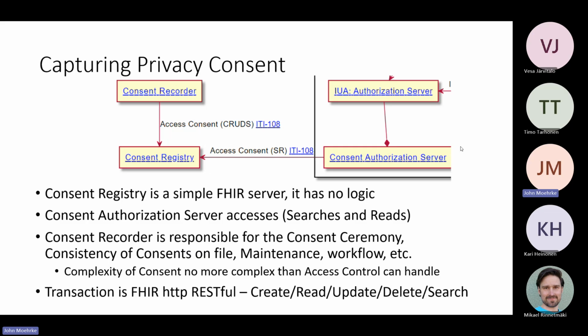We don't really get into it here. This is an interoperability spec, so we don't get into some architectural things about, well, is there one consent registry? Is there two? If there's two, how do you coordinate? We don't get into any of that. We just simply say that there is a consent registry. So there's a lot of work to be done on deployment, especially if you are in an environment that wants to federate consents, not centralize, but federate, or support consents that might come from somewhere else randomly. Those are some environmental or implementation specifics that we don't necessarily get into.